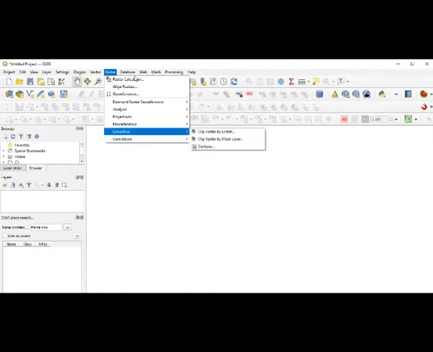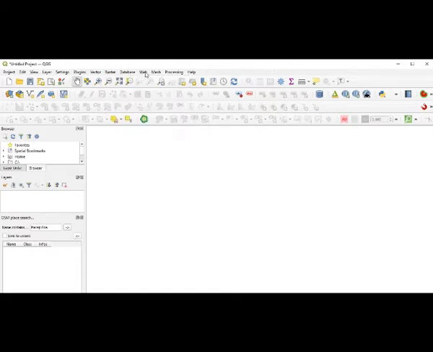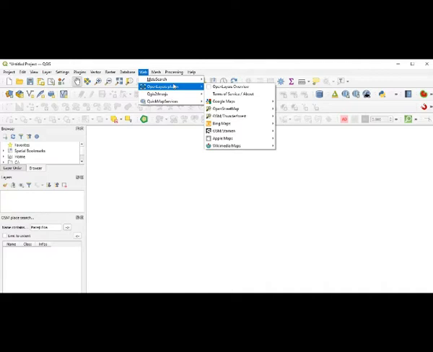There are so many other things which we don't require right now. Then there is going to be one web. This web is going to help you get different sorts of information. Basically, if you activate the open layer from the plugins menu, you are going to get all these kinds of menus here. So here, OpenStreetMap. This is going to be one way where we can get OpenStreetMap on our canvas, or we can directly go to the vector menu, where there is going to be Quick OSM map. By that one, you can activate it. I will just show you that one.